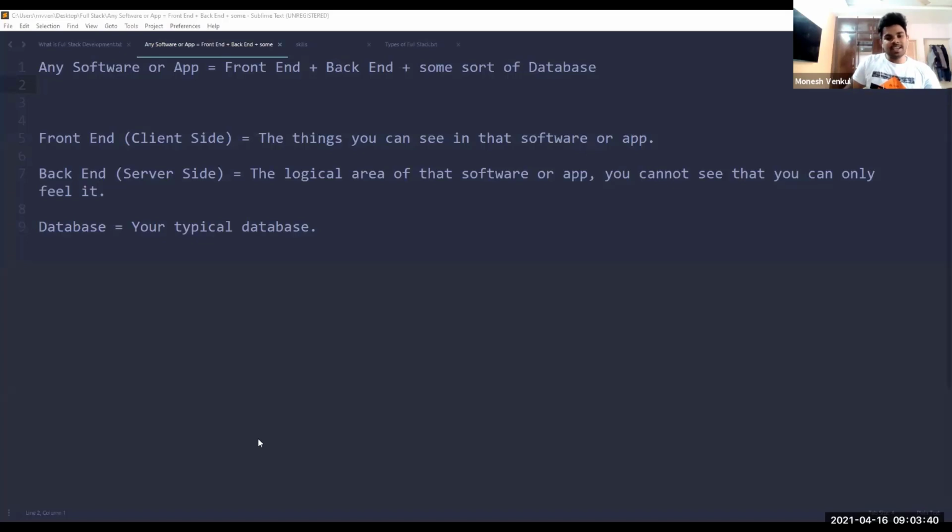Actually, only some of these are needed. You don't need to learn all these things. For example, for being a front end developer, it is enough that you learn HTML5, CSS3, and JavaScript. These three are enough to make you a front end developer, and the same goes for the back end. If you know only Node.js, that is enough for you to be called a back end developer. Same goes for database. In these four, any one database is enough for you to be called a database engineer.